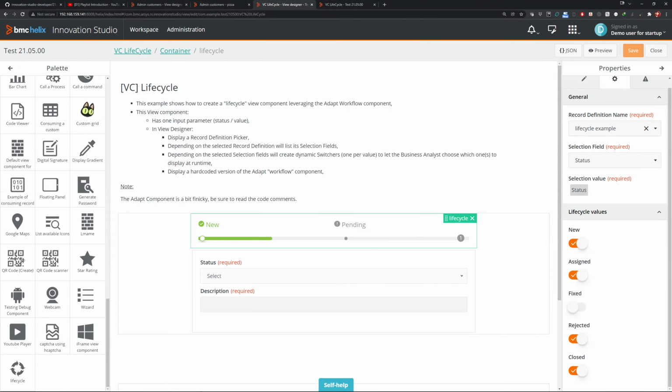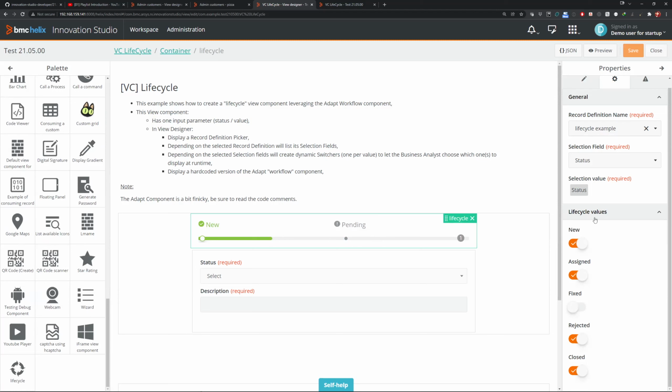For example, here I have a lot of different elements. It's also important for the person that we call the business analyst, who is going to create those views and codeless applications using those custom view components, to have a good user experience